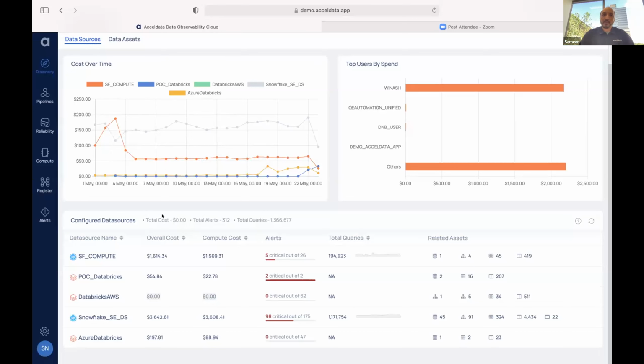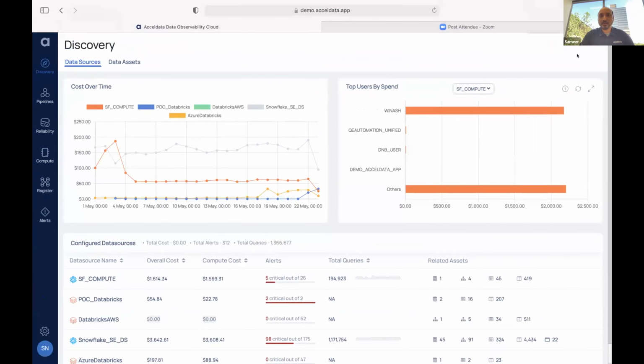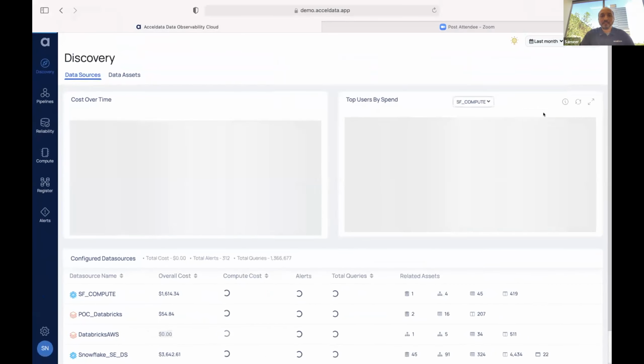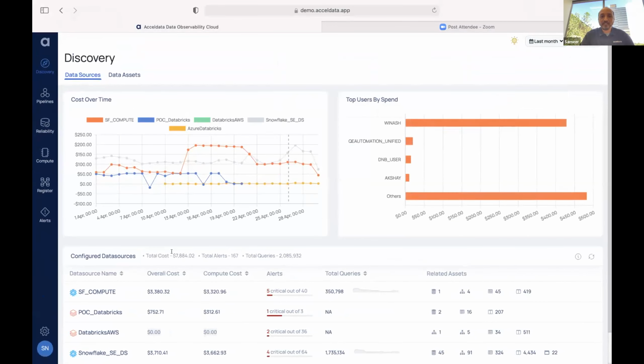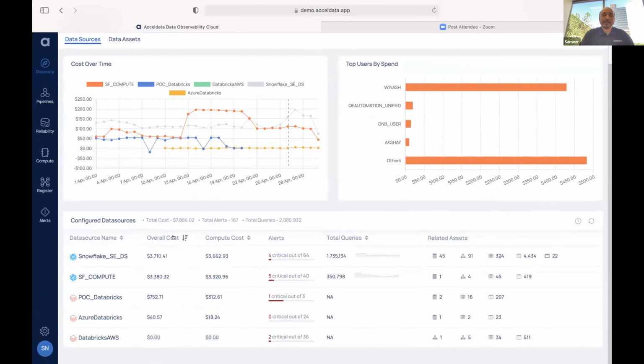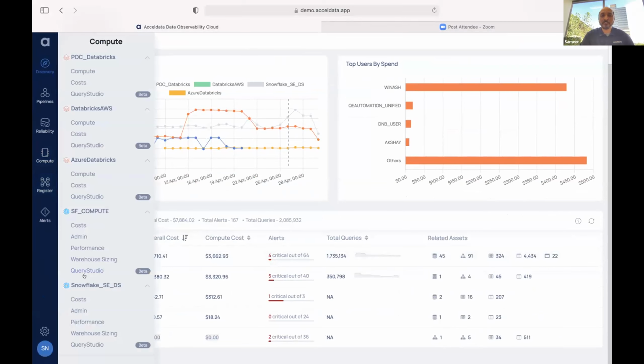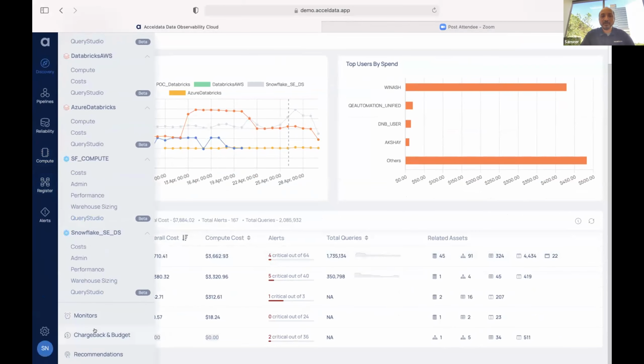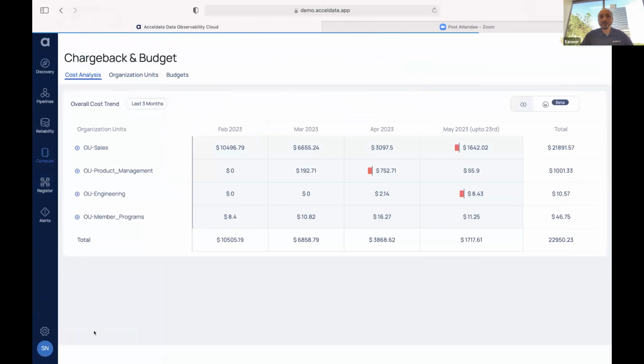So if you have separate instances of the account being created, then what we have here is that we see all the accounts listed together, and we aggregate what's happening for you last month or this month, and you will see the usage and the total cost across all your accounts. You can see which of the accounts are taking most of the spend and start drilling into that account. But for the other use case, where we saw multiple teams, multiple projects that use the same